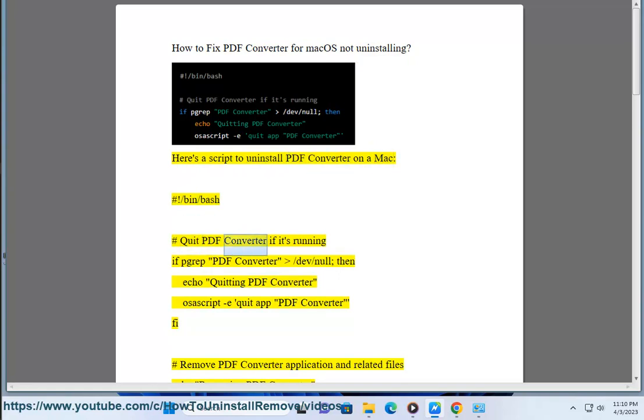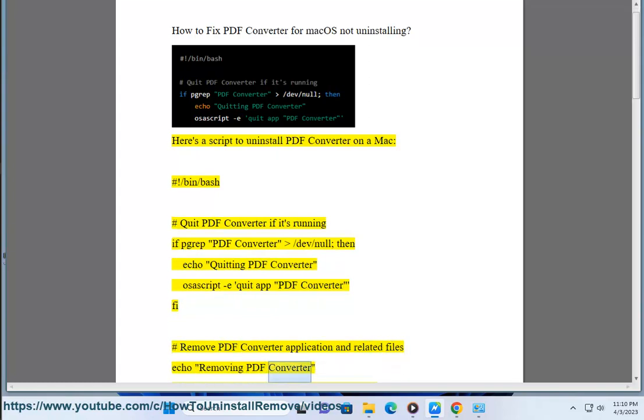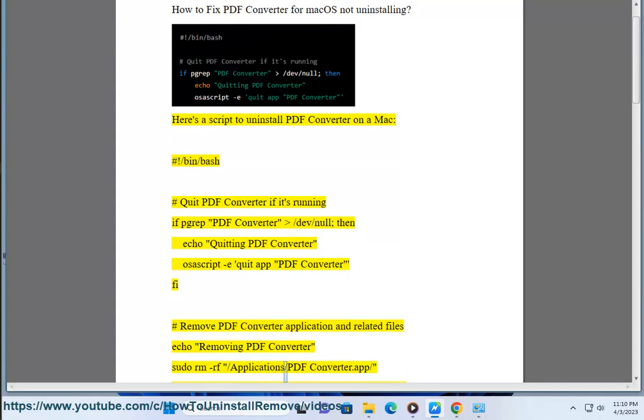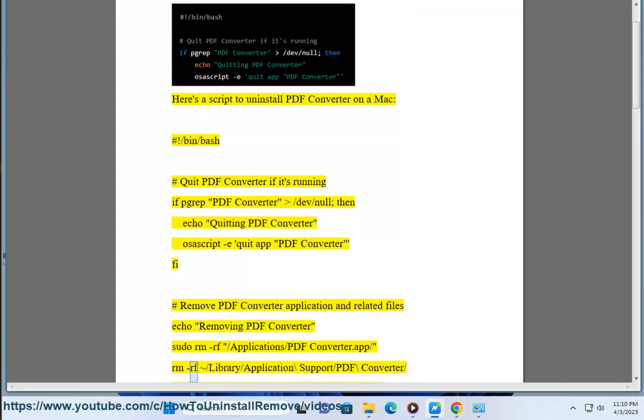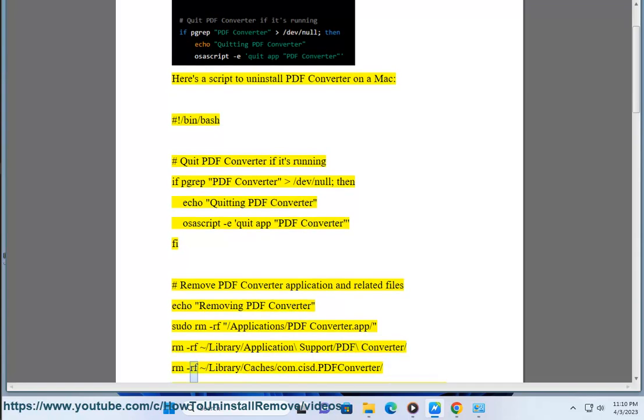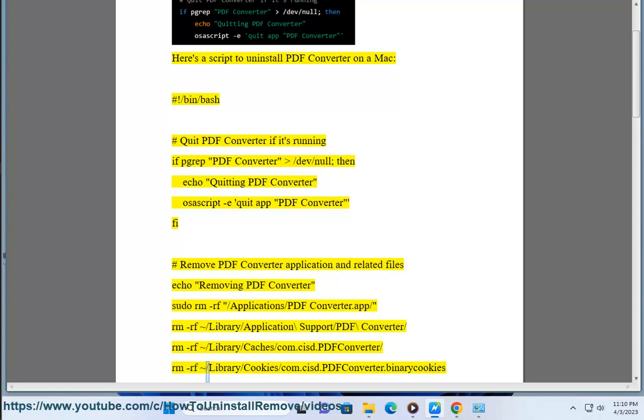#!/bin/bash # Quit PDF Converter if it's running. if pgrep "PDF Converter" > /dev/null; then echo "Quitting PDF Converter" osascript -e 'quit app "PDF Converter"' fi # Remove PDF Converter application and related files echo "Removing PDF Converter" sudo rm -rf /Applications/PDF Converter.app rm -rf ~/Library/Application Support/PDF Converter rm -rf ~/Library/Caches/com.cisd.PDFConverter rm -rf ~/Library